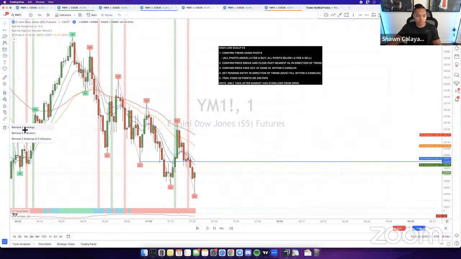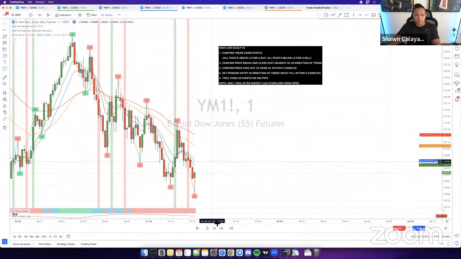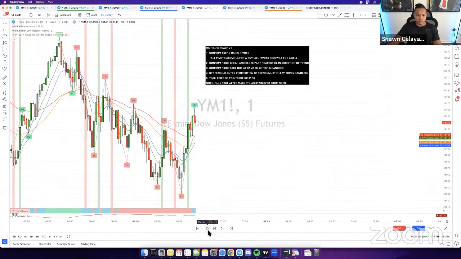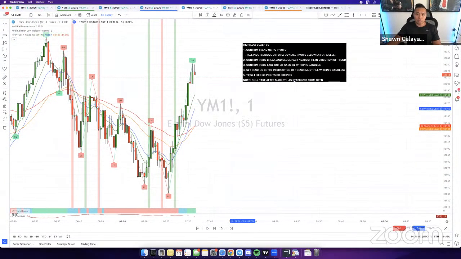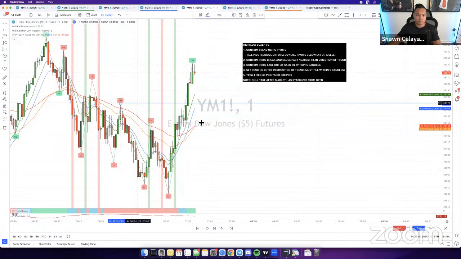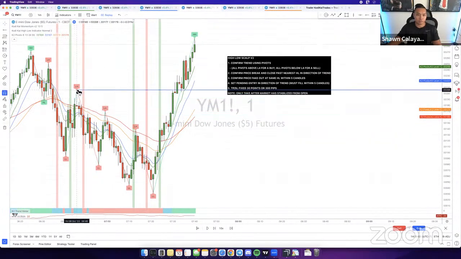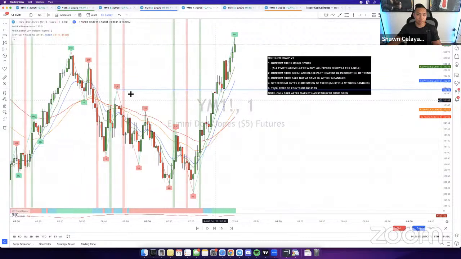I'll see if there's any other entries here that we can look at for an example. I don't know if there was anything else that came up on Friday. So let's see, price started shifting up right here. All right, so price broke right here, didn't come back down for the fake out. So this high low was not used. This high low is also not used. This high low is also not used. You can see price broke and closed above it, but it didn't fake out back below.